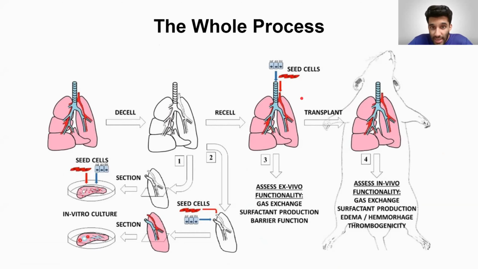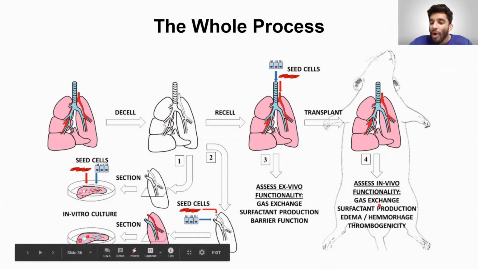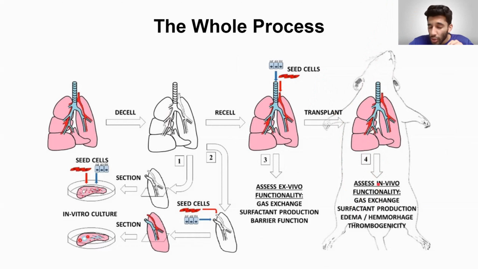So the way that scientists get around this is that they test this outside of the body. They hook up the lungs to an oxygen platform. They put oxygen into the lungs, and they see, are the lungs expanding? Can we see oxygenated blood flowing through the lungs? Do we see proper circulation? And then we put the lungs back into the rat or back into the human, and then we see how gas exchange is happening. We closely control the blood pressure, the O2 saturation, the percentage of red blood cells that have oxygen within the blood, and then we see, are there any possible side effects? So edemas are kinds of